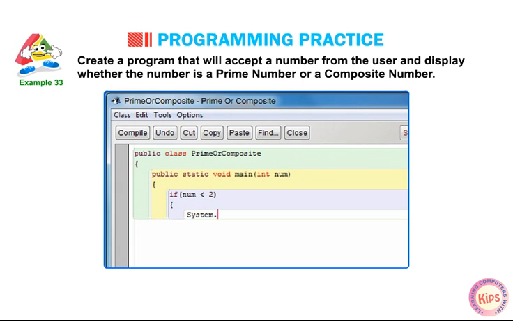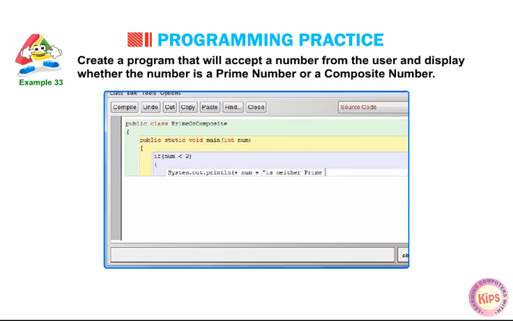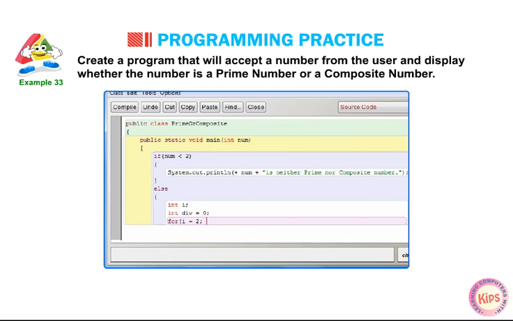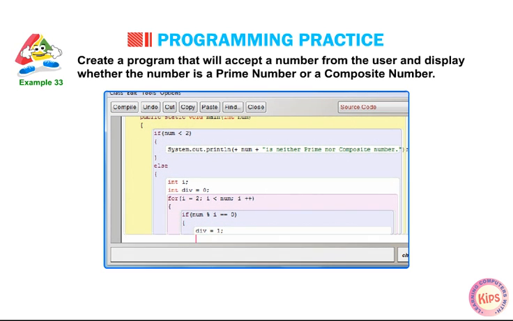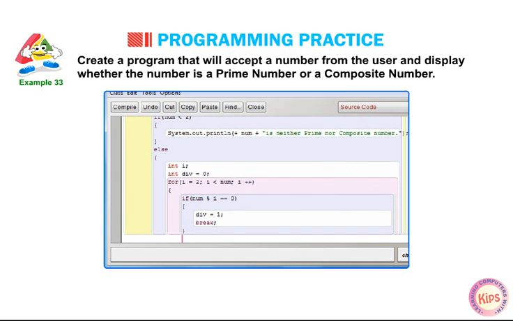{ System.out.println(number + " is neither prime nor composite number."); } else { int i; int div = 0; for (i = 2; i < number; i++) { if (number % i == 0) { div = 1; break; } }